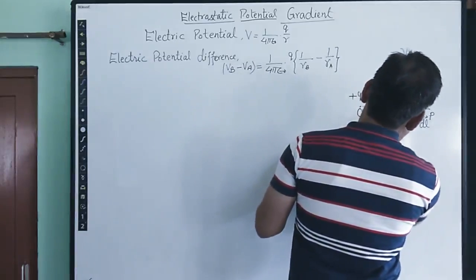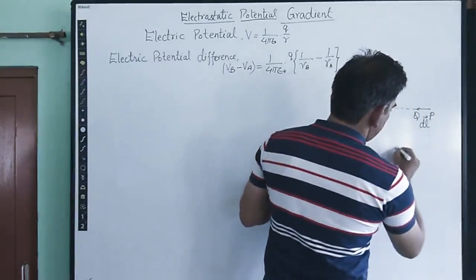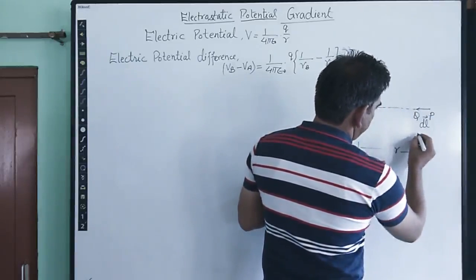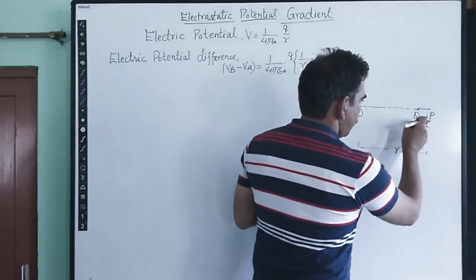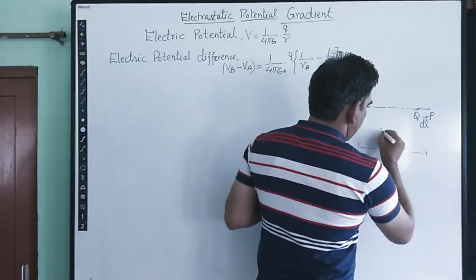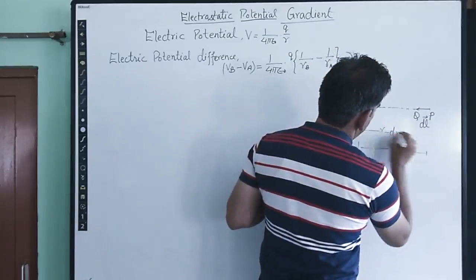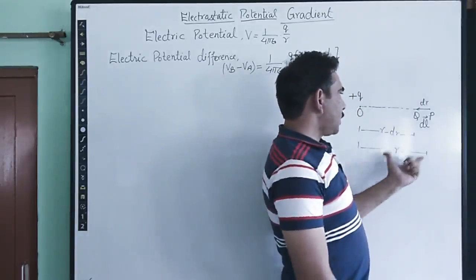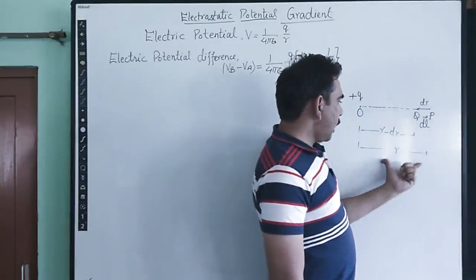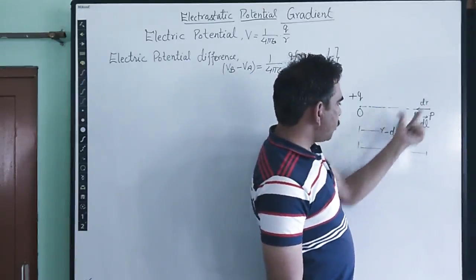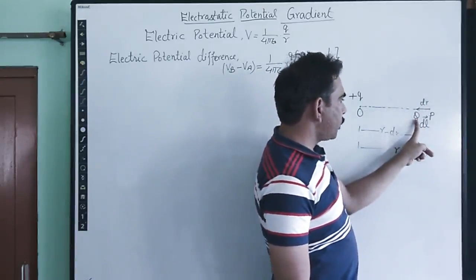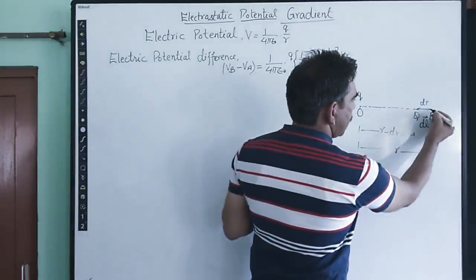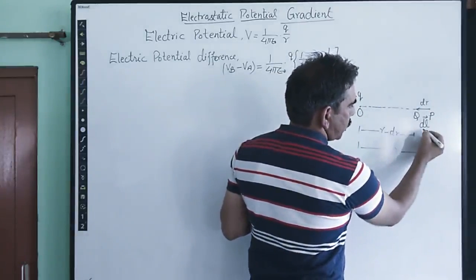So the position of this point P is R with respect to this given source charge Q, and the position of the point Q, where the charge is to be brought, is R minus dr if the change in displacement is dr. Because the charge is being brought closer to the positive charge, R has reduced by this amount dr. Therefore the position of this point is R minus dr. Or in other words, the charge is being displaced from point P to point Q through displacement dl.